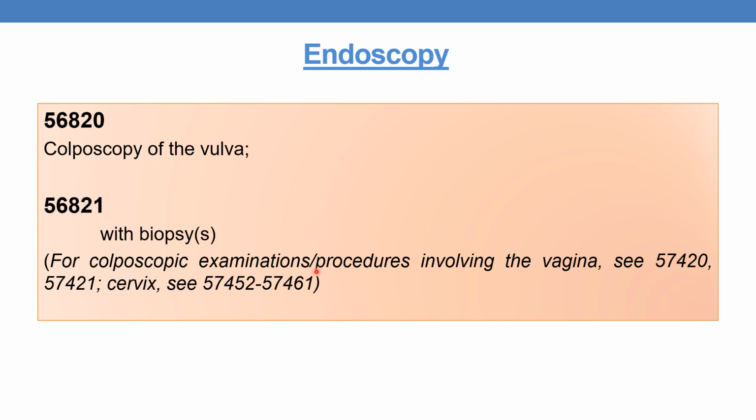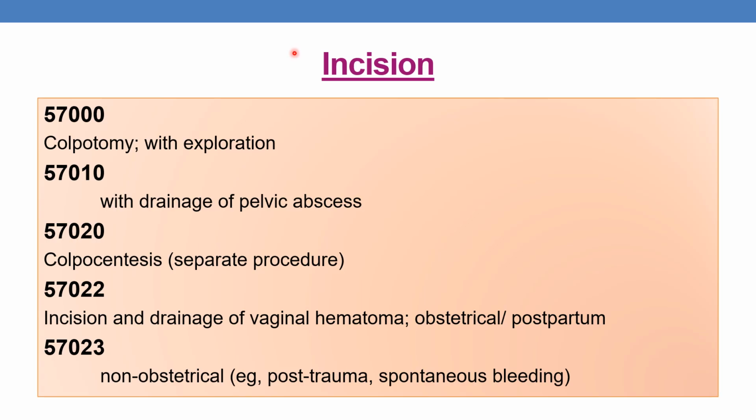And for colposcopic examinations of procedures involving the vagina, we need to refer to 57420 and 57421. And for cervix, it is 57452 to 57461. Coming to CPTs regarding the vagina. The first one is incision. The first CPT is 57000,